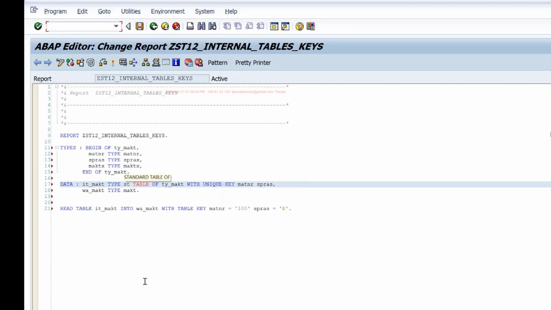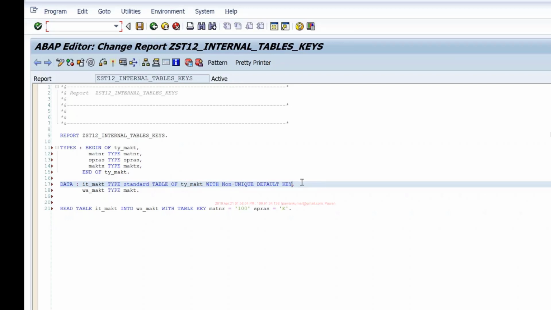For example, I can have a standard table for the flexibility to store whatever data I want, and standard tables only support non-unique keys. So I'll have this non-unique key, and the default key is non-unique default key, because for standard tables all the fields of the table are the key fields.